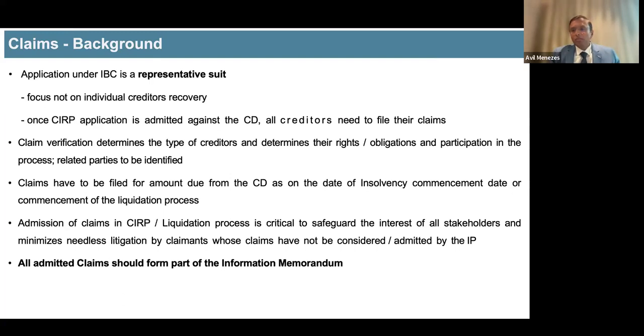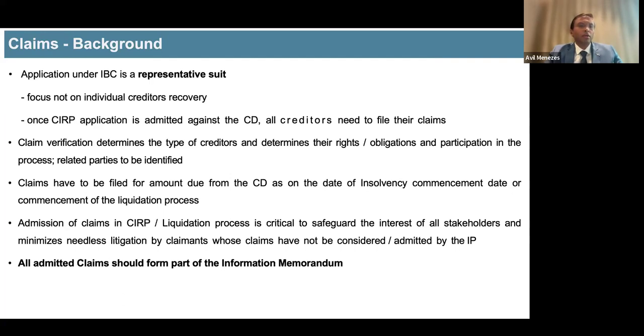As a resolution professional, you are now duty bound under the regulation amendment which has happened, that an IRP should look at the books of accounts and look at the creditors and the liabilities which are there, and he has to reach out to all the creditors to file their claims to the best of information that is available. Of course, this is quite onerous, but this is also very helpful.